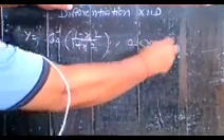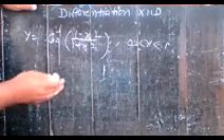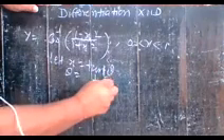Okay beta, now you write the next question. y is equal to cos inverse of (1 minus x square) upon (1 plus x square), and here it is given that x is greater than 0 and less than 1. So how do you solve it? That is easy. You have to put x is equal to tan theta. So let x is equal to tan theta, so theta is equal to tan inverse x.